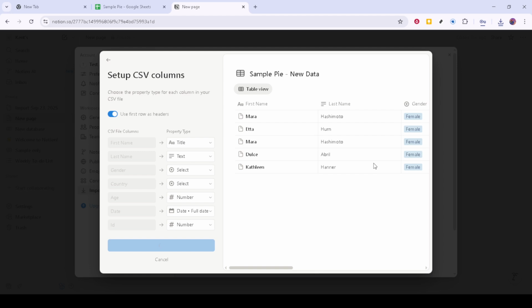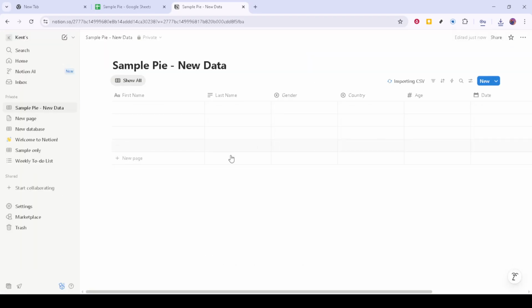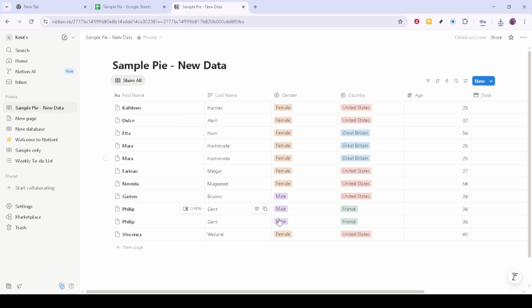In just a few simple steps, you've successfully uploaded your Google Sheets or Excel data into Notion. We hope you found this tutorial helpful and that it empowers you to integrate data more efficiently into your Notion